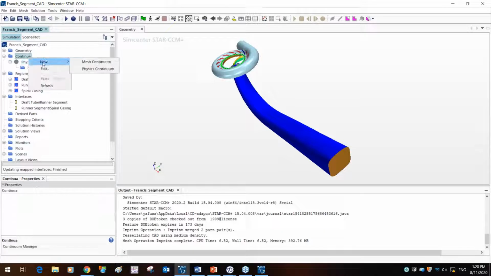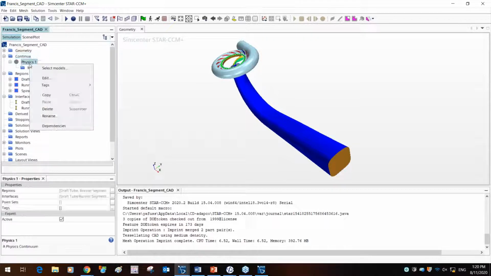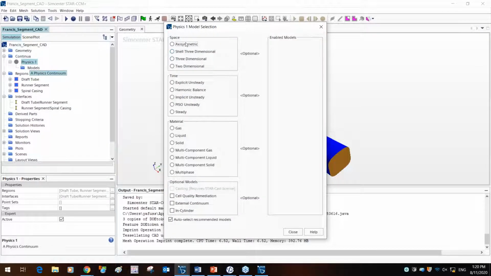You'll also see the option for mesh continuum, but this option is not going to exist from 2021. It's an outdated feature that's no longer being used, but has been used by some of our other clients. So whenever you create a continuum, just use a physics continuum out here. Now, in terms of the models, you right click and select models from the drop down menu, and you have the various features that appear out here.